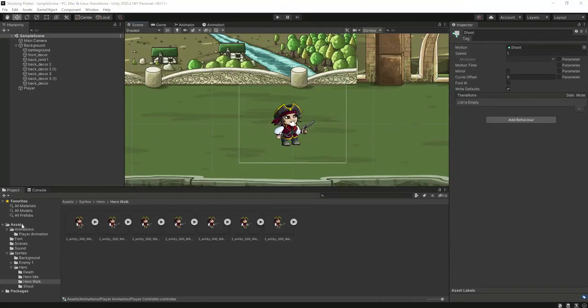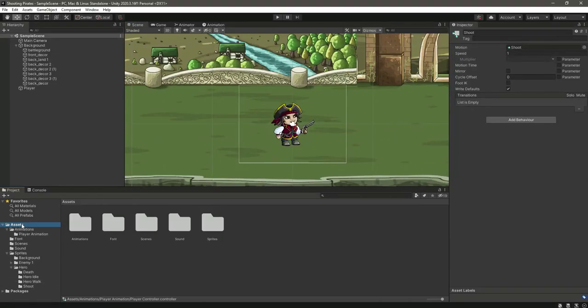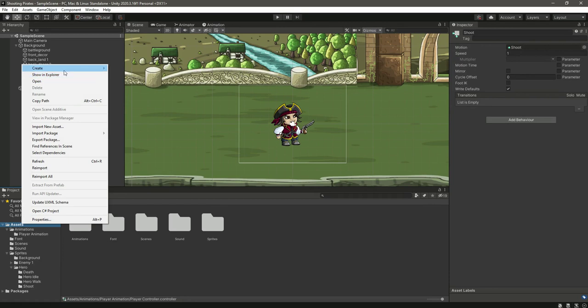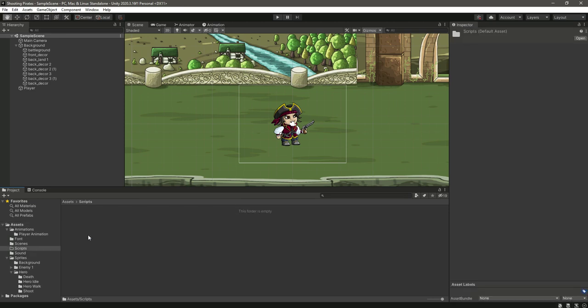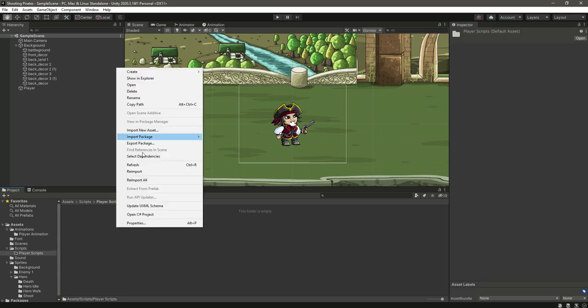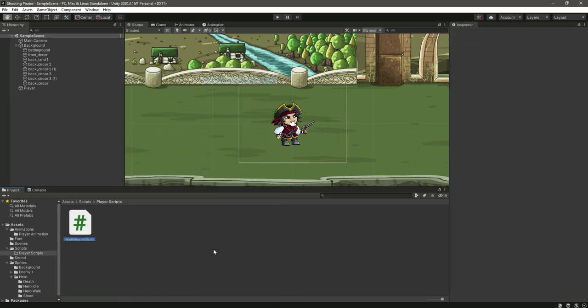Okay, so now we will allow the player to walk. So for that, right here in the assets folder, we will create another folder by the name of scripts, and inside the scripts we will create another folder by the name of player scripts, and then inside the player scripts we will create a new C# file by the name of player